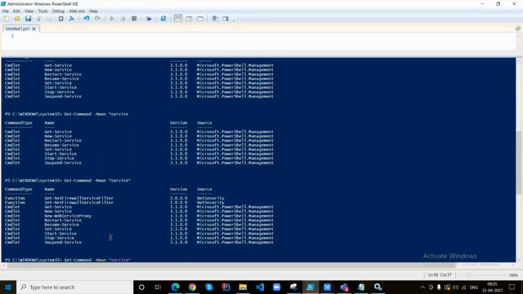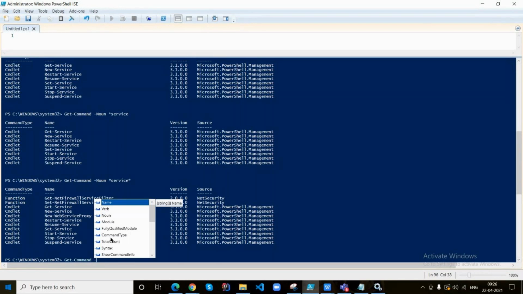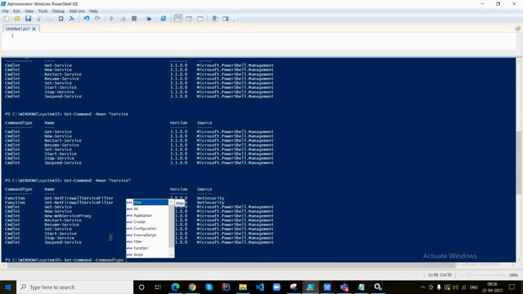Remove the entire word. Now pick the command type parameter there.